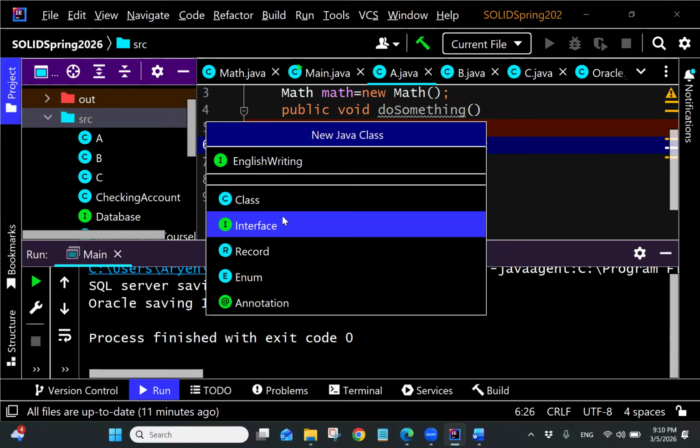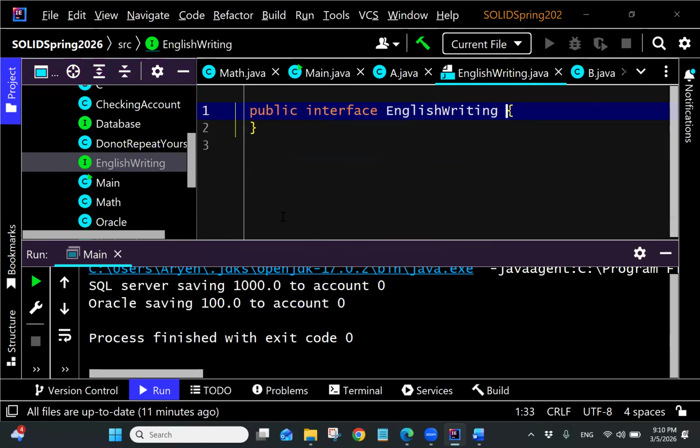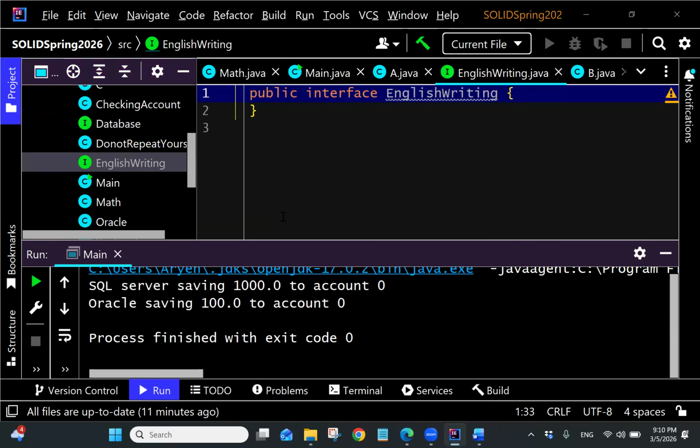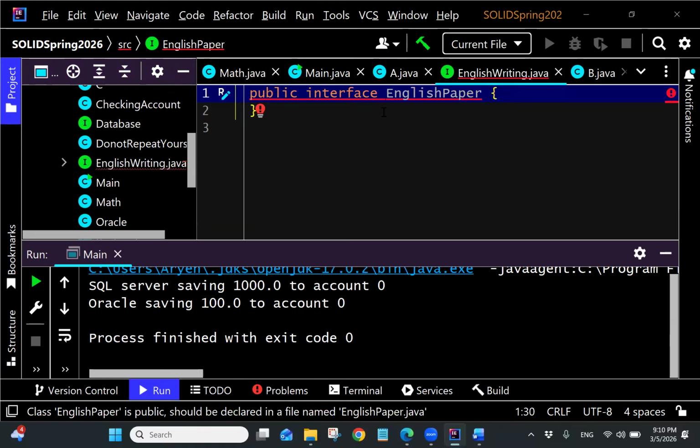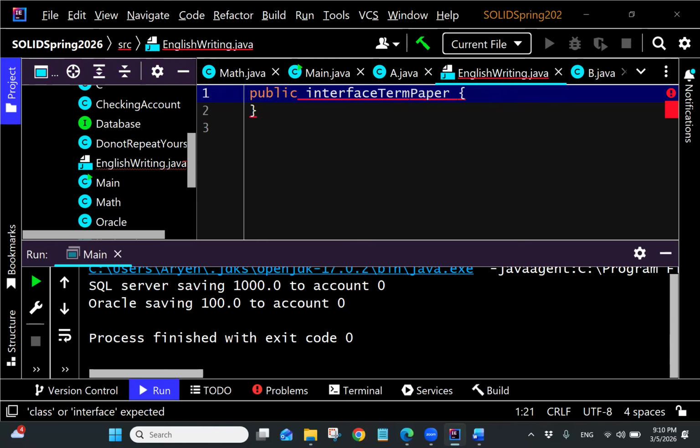So we have an interface English writing. Or let's call this English paper. Or let's say term paper. That's better, right? So in order to create a term paper,